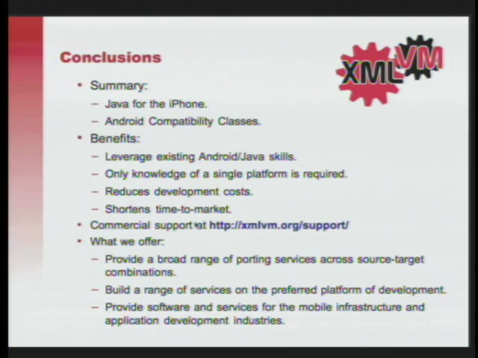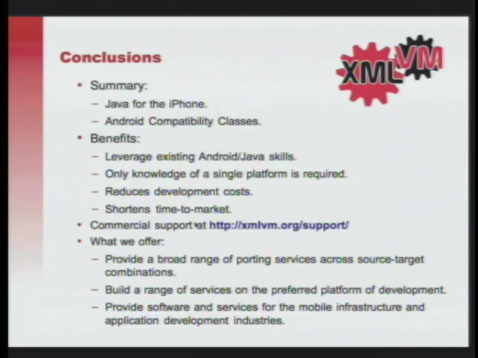There are a lot of Java programmers out there, and you can tap into their skill set. Android has a big momentum, so you are supporting Android developers, and the only API you have to know is Android. We deal with all the device-specific details like iPhone and Palm Pre. So overall, it reduces the development cost, and it reduces the time to market.